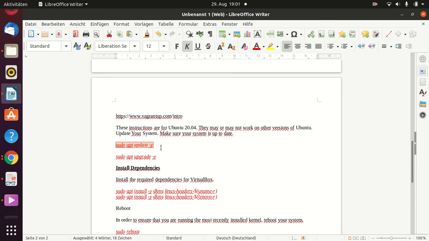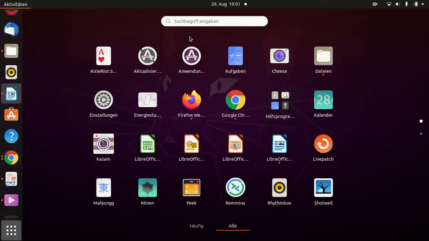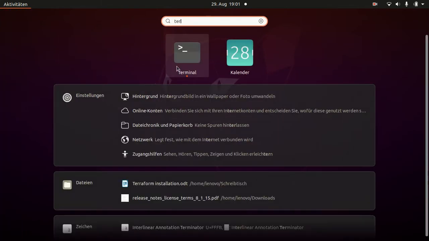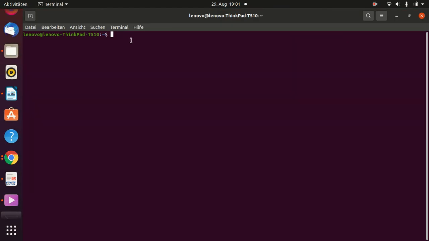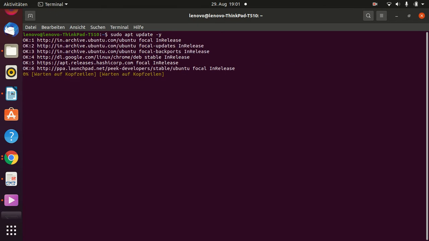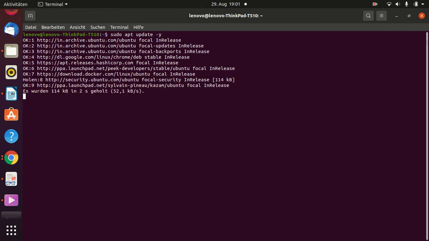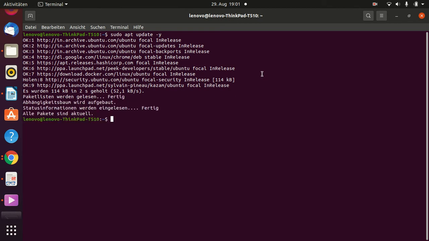Okay, I copy this command, go to terminal. It's for complete beginners, and it's always best practice to run sudo apt update first. It doesn't take much time, but it's always good if you do that.